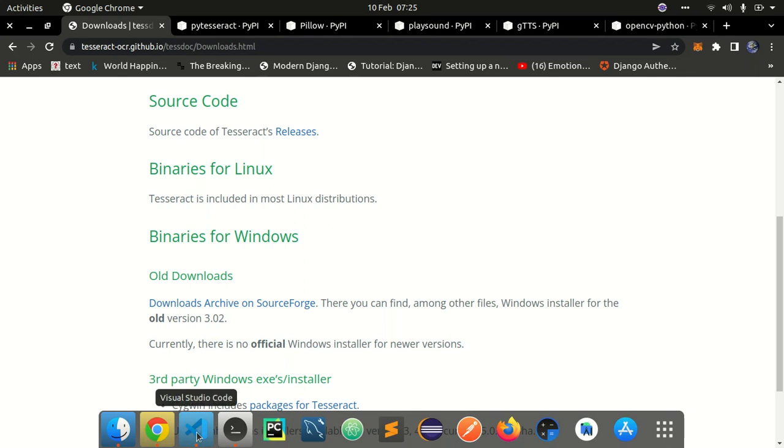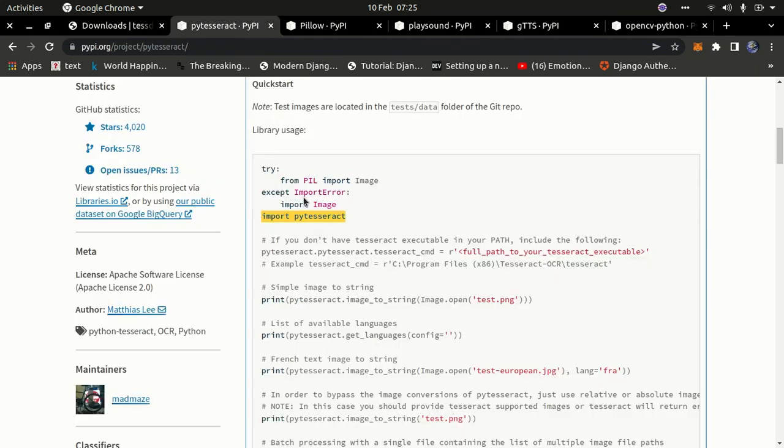If you're done installing it, it will probably be found in the C drive, and then Program Files. You can see even the documentation gives you an example of where you can find this file. So make sure that you have that file, and you specify the path to that installation, the executable file. Okay, so I'm going to go ahead and just copy this. You're going to import